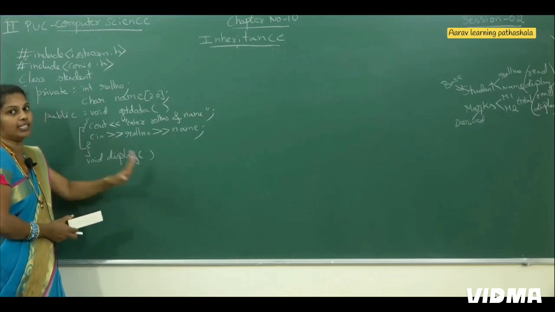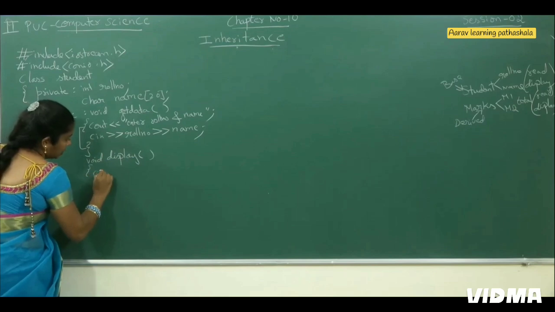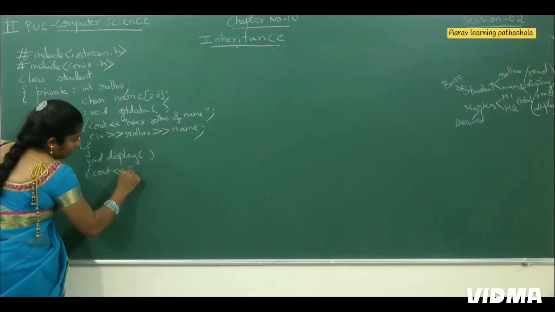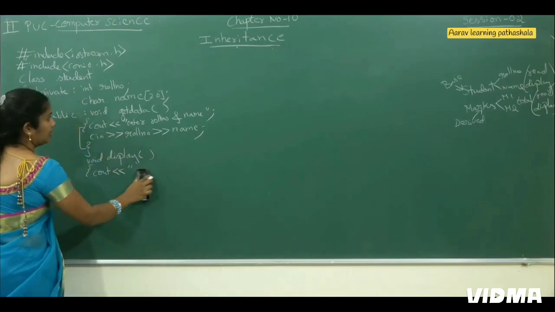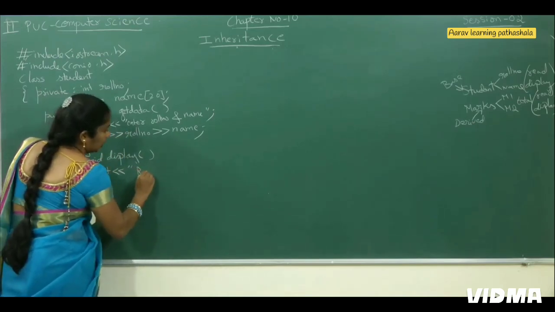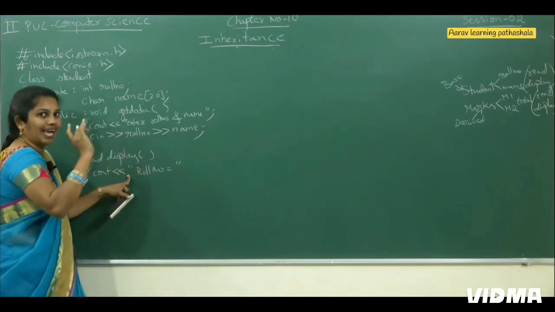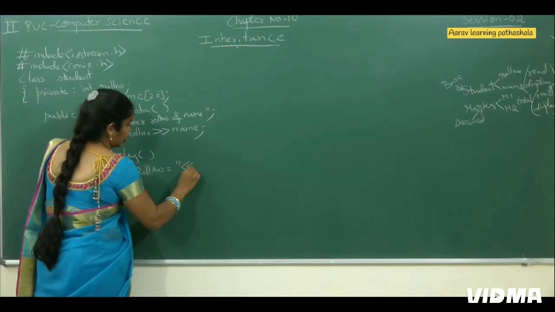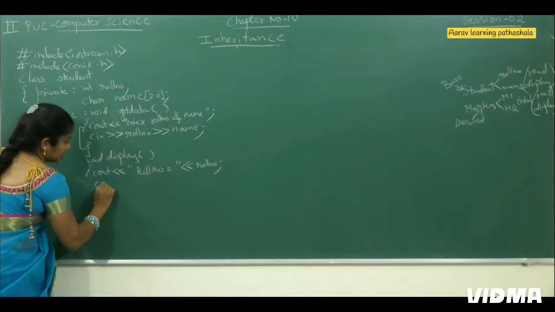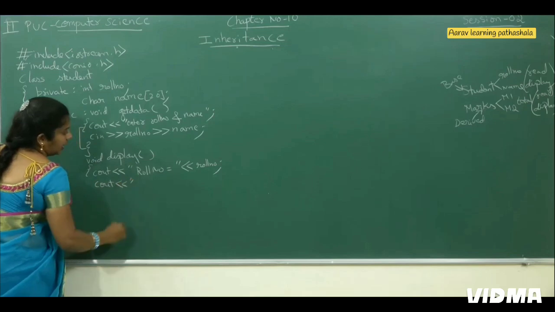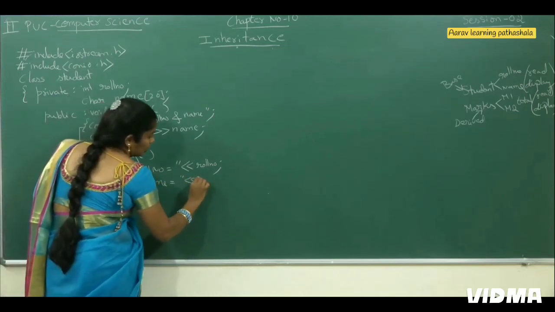Next what I want to do? I want to display these two values. Then here cout name equals. First here I took roll number. That's why I am to take roll number equals. Inside the double quotes, whatever thing I am to write, as it is, it will display. Then insertion operator, roll number. Then next cout name equals. Then display the name value.